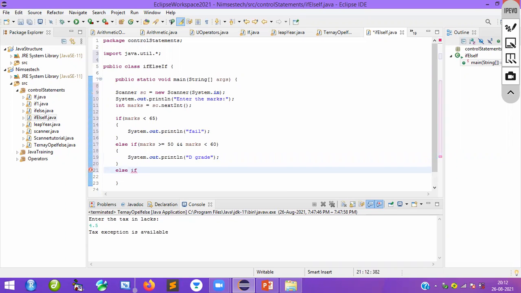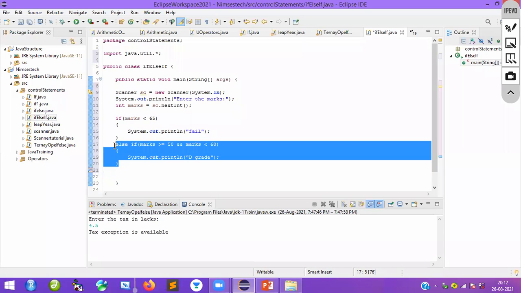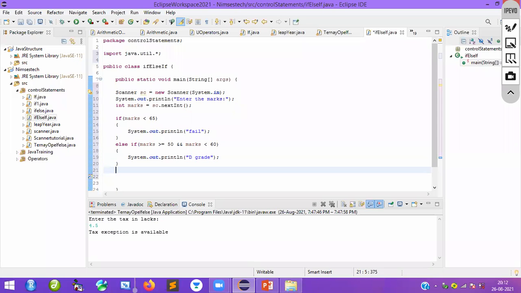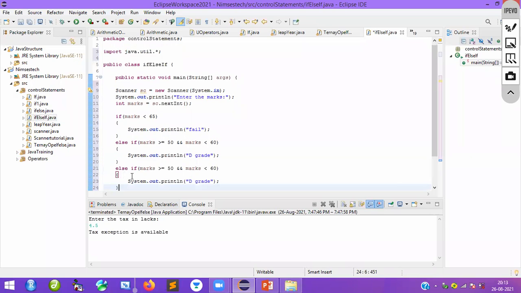Again here I will provide one more condition. You can do a lot of things like that. What I will do, just copy this one and paste it here. I'm sorry, you don't do it like this. I will copy this, paste here, and change this one line. Please don't feel bad, I'm just modifying here.